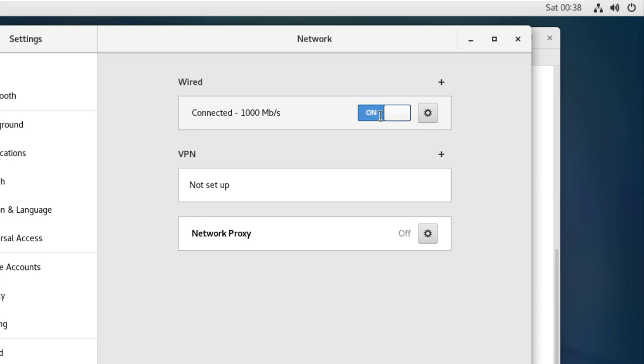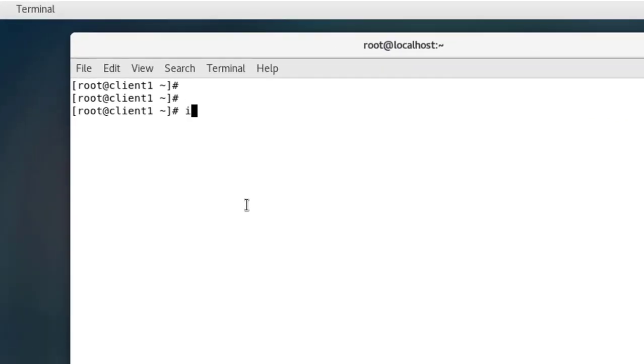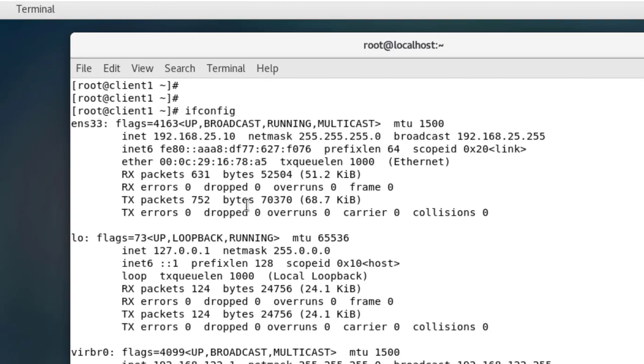If you're not getting an IP even after doing this, just turn the connection off, wait for some time, and turn it on. If it still doesn't work, turn it off and on a couple of times. That's it. Now close this, and in the terminal type ifconfig. You'll see that we got the IP 25.10, which is what we wanted. So that is working fine.